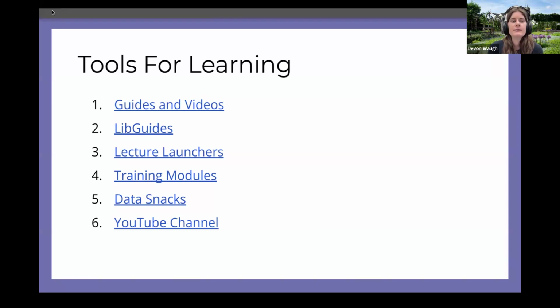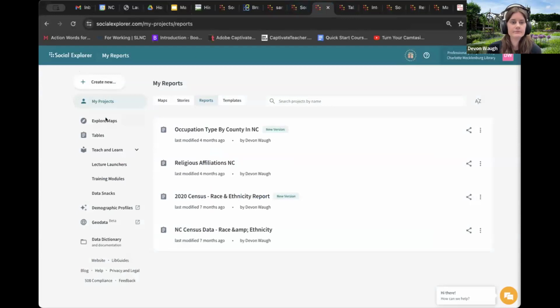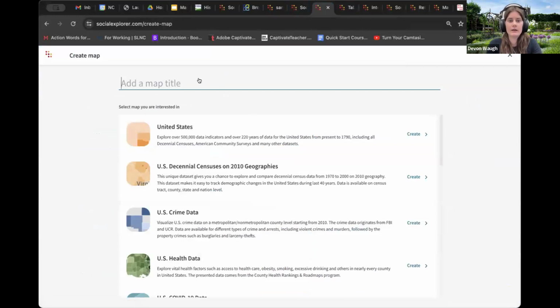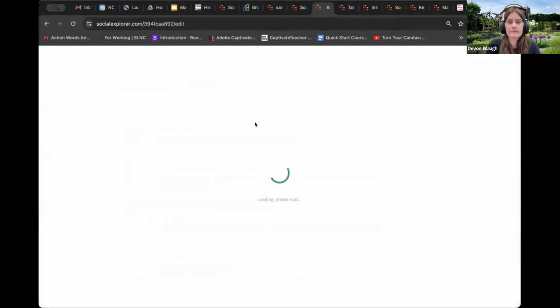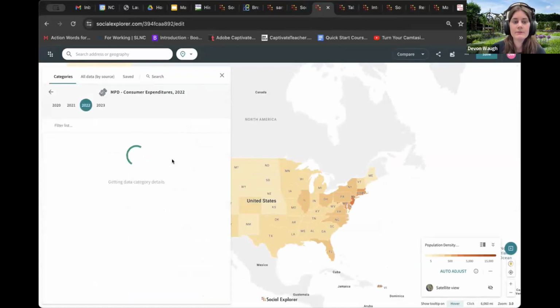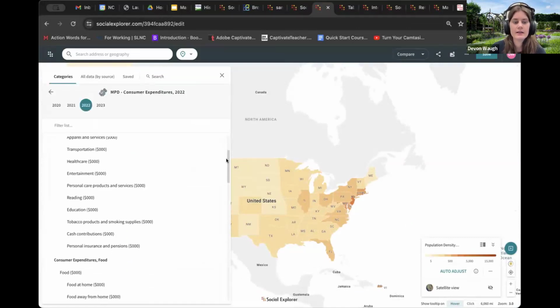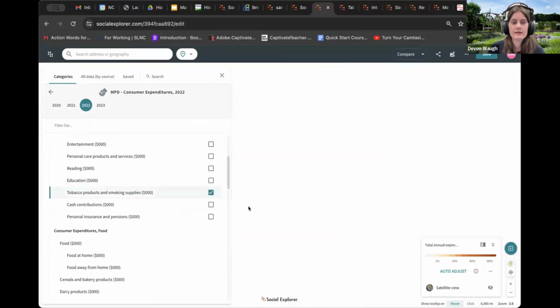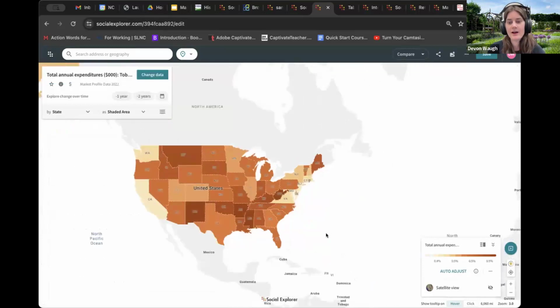Yes, there's some consumer expenditure info included. So let me pull that up here. Just going to create a new map as an example. And then if you go to change data, you can see here for MPD, consumer expenditures, and look at the total. So if I want to look at, say, total consumer expenditures for tobacco products,